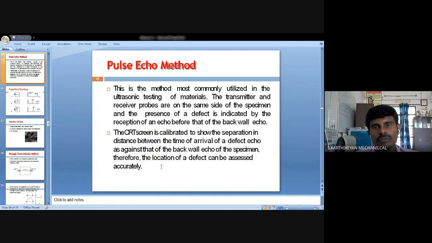First, we have to see the pulse echo method. In this pulse echo method,